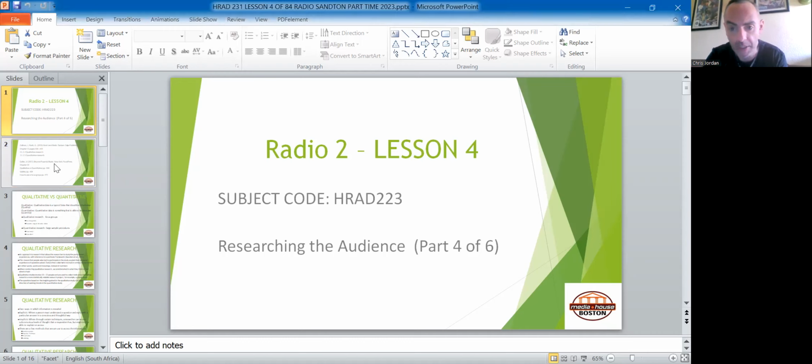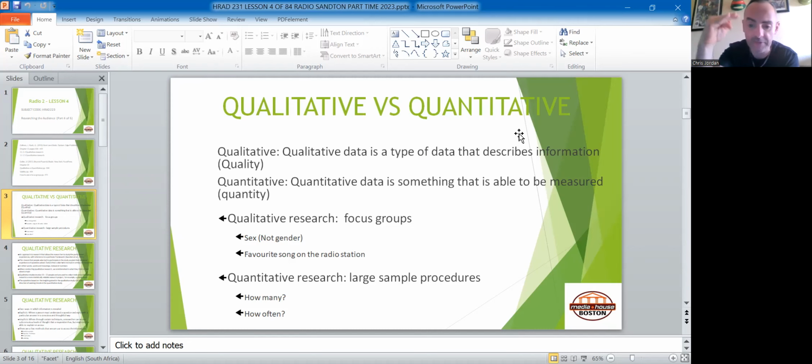For example, we have some examples there, like how many times do you listen to a radio station using an app in a week? How many different stations do you listen to, is quantitative, and we'll go, let's say, 1 to 3, 3 to 5, 5 to 8, and then 8 to 10, for example, right? And then be able to quantify that. We can also ask questions like, what music genres do you prefer? And then you do little checkboxes, and they can tick off, and we can accumulate that into a total number. So we can see, obviously, most popular, least popular.